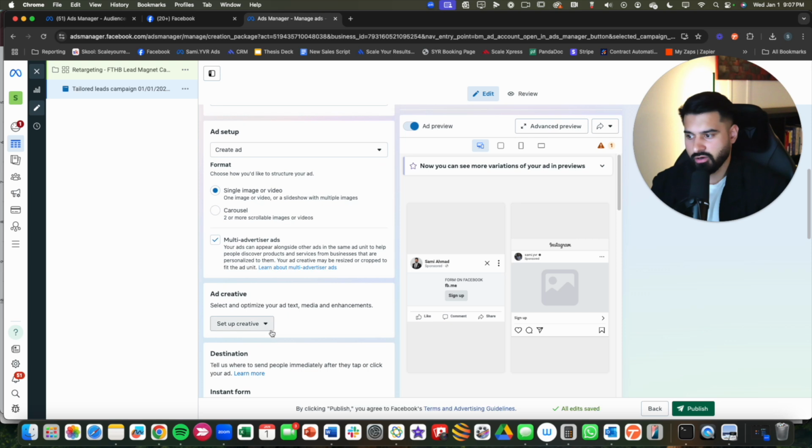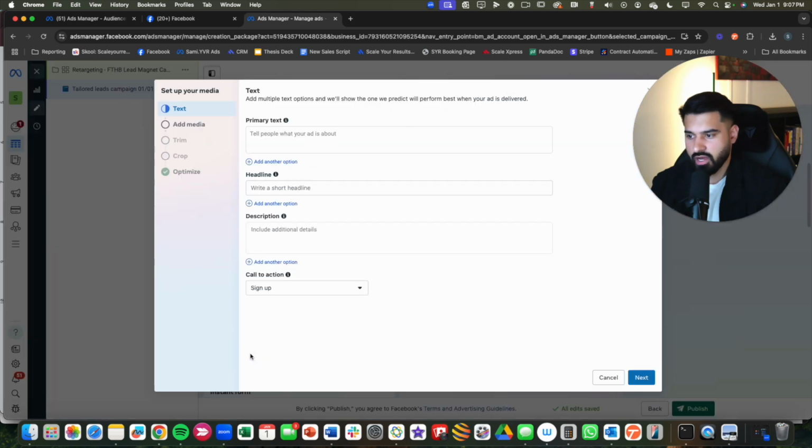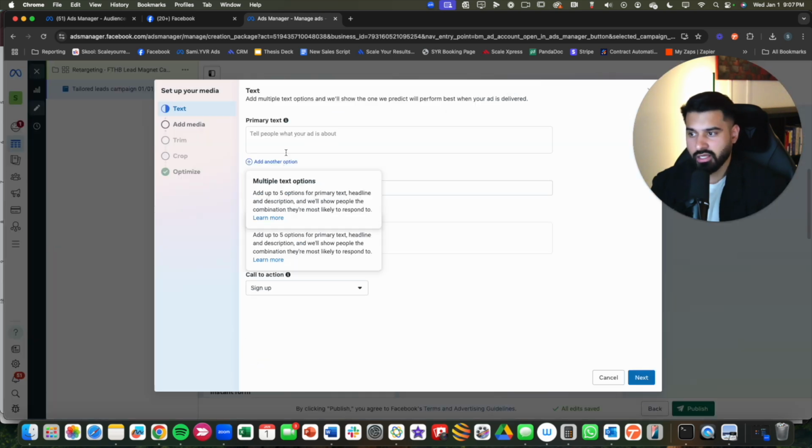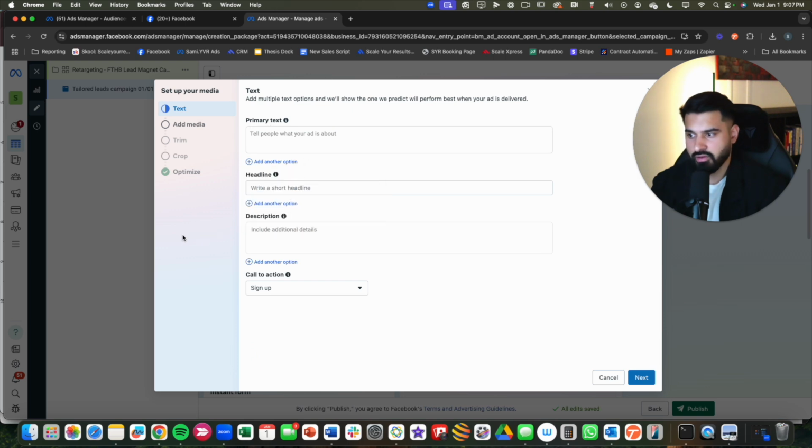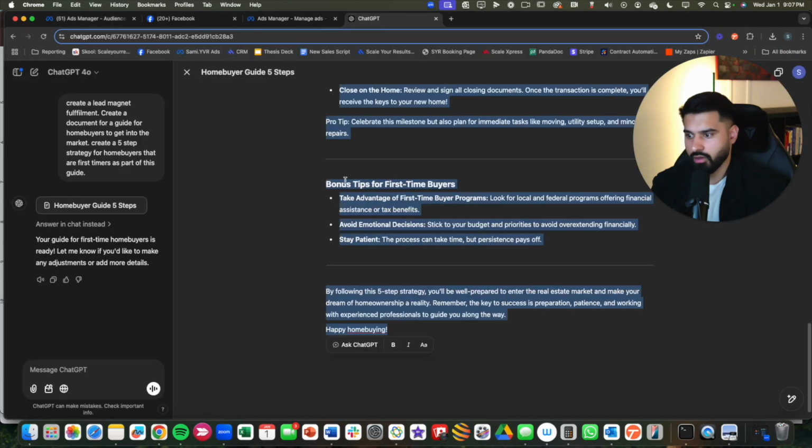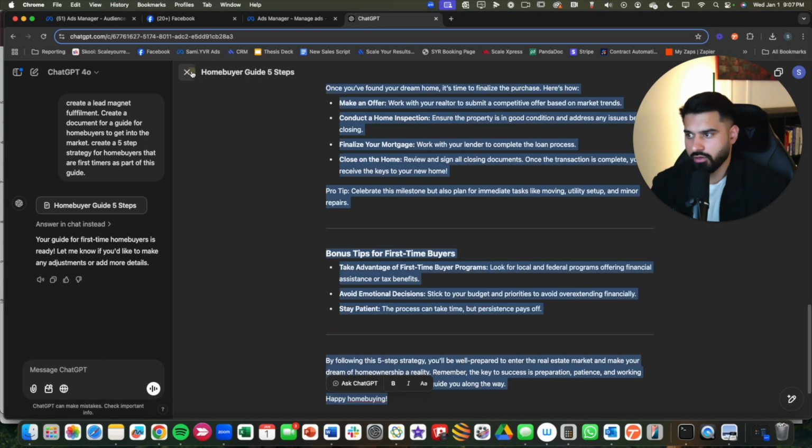So we're going to go under Add Creative. We're going to say Video Ad. Now we're going to come up with the primary text, the headline, and the description. And the call to action will be download. Okay. So to make this process easier, you can go back into ChatGPT, and here you can type out